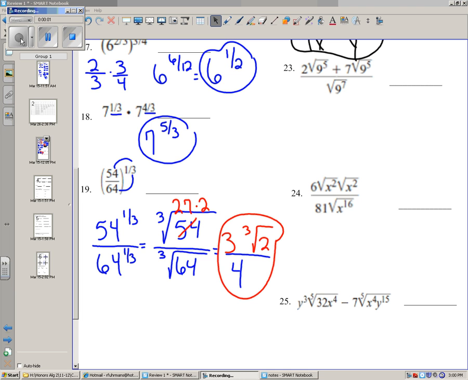All right, here we go for number 23. Okay, so the first thing I'm going to do is add my numerator. Adding and subtracting is the pickiest. So basically what's happening in my numerator is I'm going to describe how many square roots of the 9/5 that I have. So I have 9,